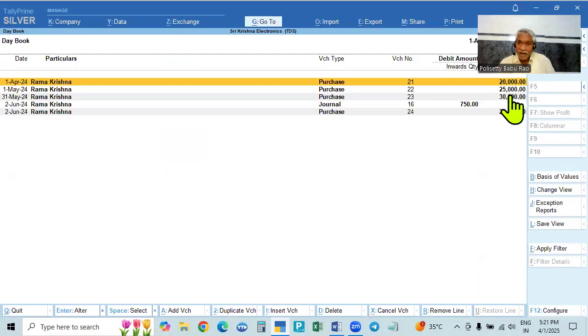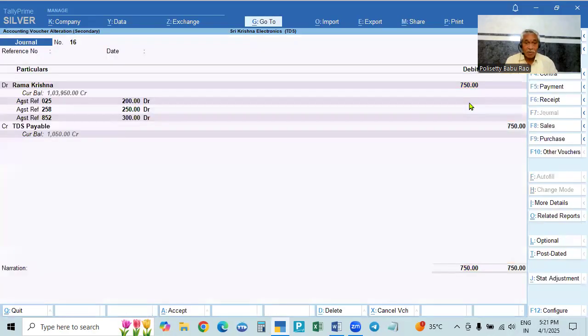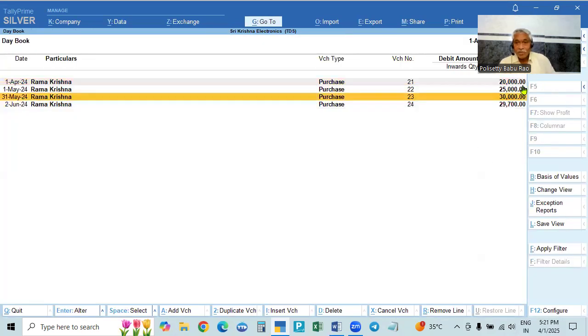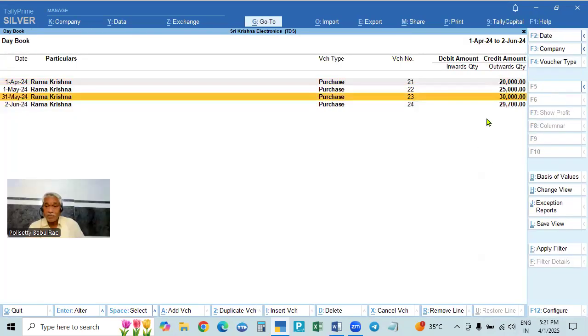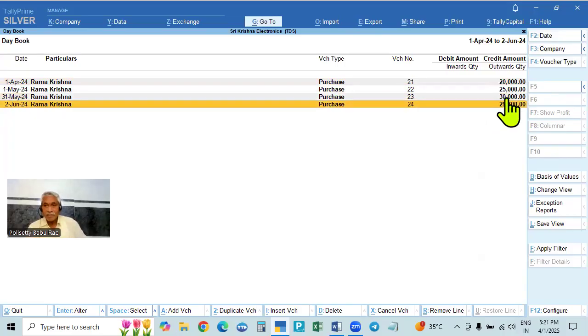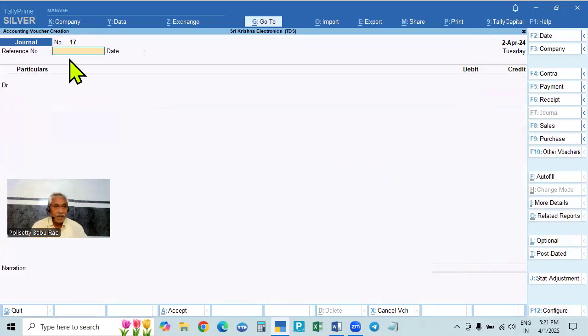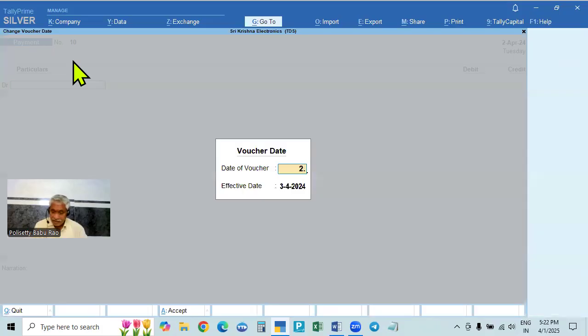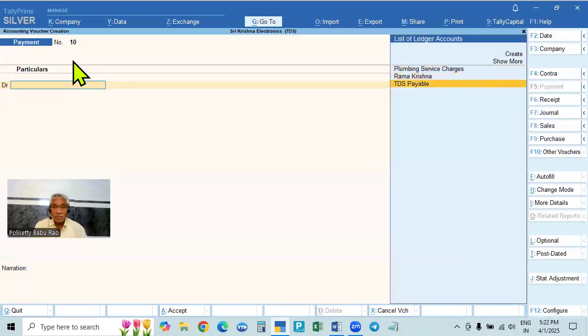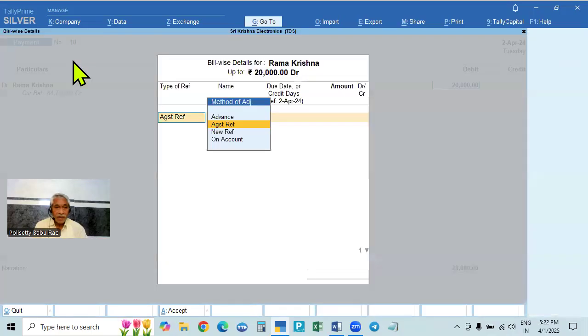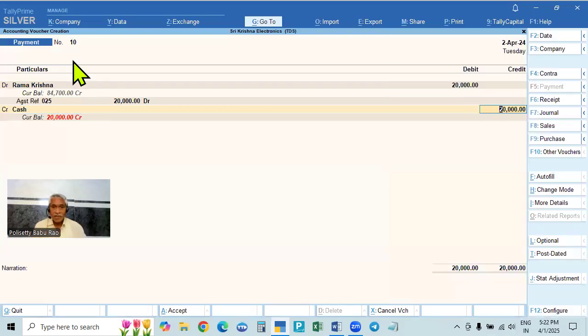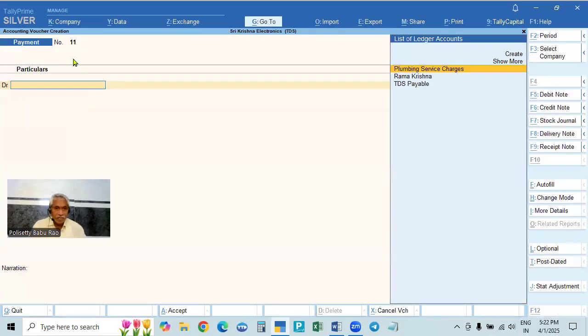So we will go on paying, and at the end deduct from this amount only, and all the bills also deduct from this amount only. So we'll make that in payments, and last deduct to not show. Okay, so now we will make the payments. Go to vouchers. Here, not journal, payment will be taken up. First of all, 2nd April, we will make the payment of Ramakrishna 20,000, and then against reference 20,000. They are making payment, total amount they are paying. Cash I am paying now. Okay. And then the second one is 1st May.